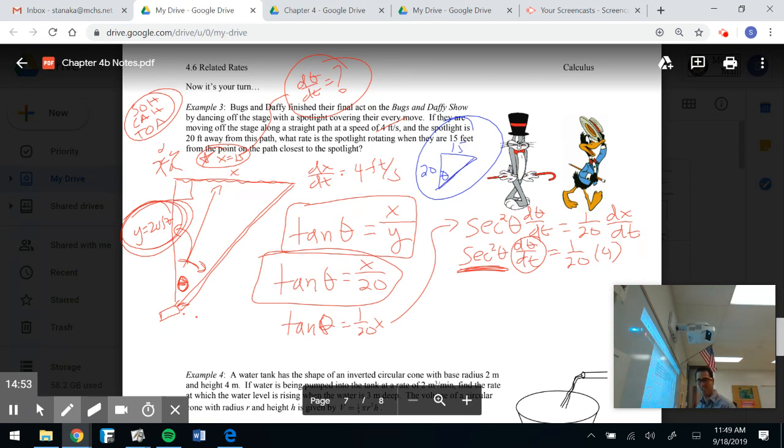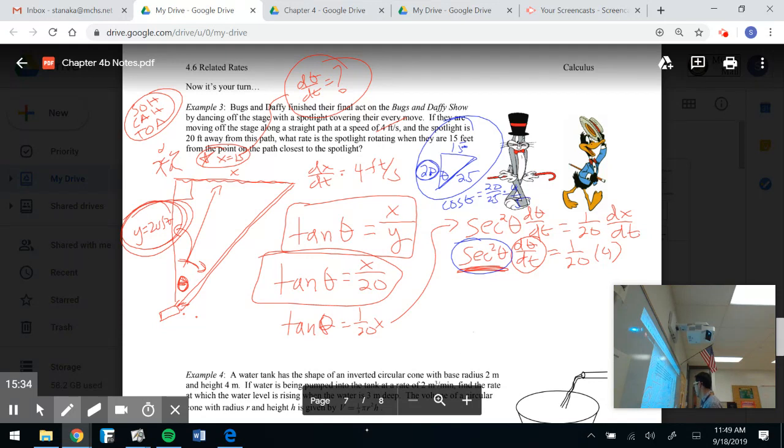And why would I need to know the hypotenuse? Because guess what? Secant is really cosine, right, class? It's just the reciprocal. So I could actually find this value if I knew secant, cosine. Oh, cosine, I would need to know the adjacent and the hypotenuse. I definitely know the adjacent, it's 20, but what the heck is the hypotenuse? That's a 3, 4, 5 triangle. 3 times 5, 4 times 5, 5 times 5. So that's 25. So cosine of theta, class, would be equal to the adjacent over the hypotenuse, which reduces to